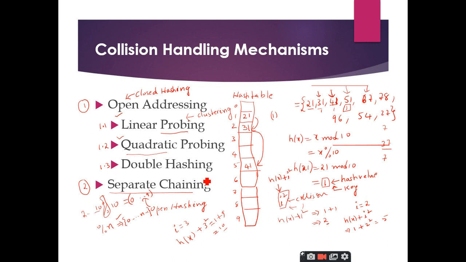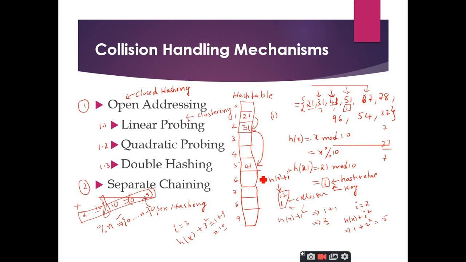Please don't get confused: the second step is not the application of a hash function. It is just a formula where you are making the elements to be kept inside the hash table, within the range of the indices only, right? Only the first step, h of x and h of x plus i square, these are called the hash functions, but the second step is not at all a hash function. It is just used to make the value sit between this range of indices. That's it. Is it clear up to this point?